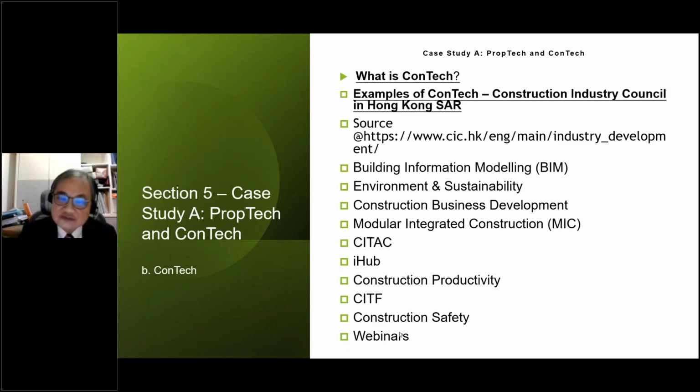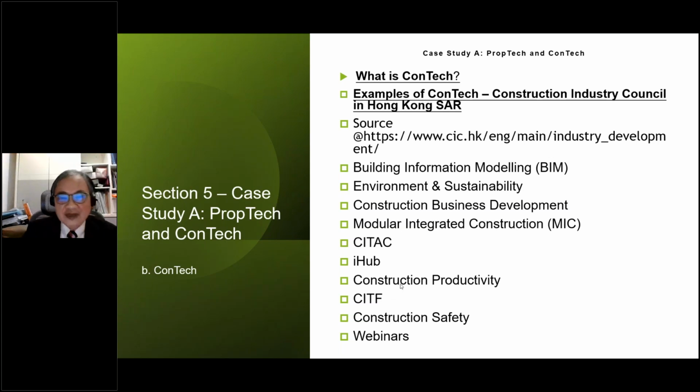In terms of the development in Hong Kong, I think the market leader at present is the Construction Industry Council in Hong Kong, and they have been doing a lot, including BIM and environment construction business, MIC, CTEC, iHub, construction safety and productivity, etc.